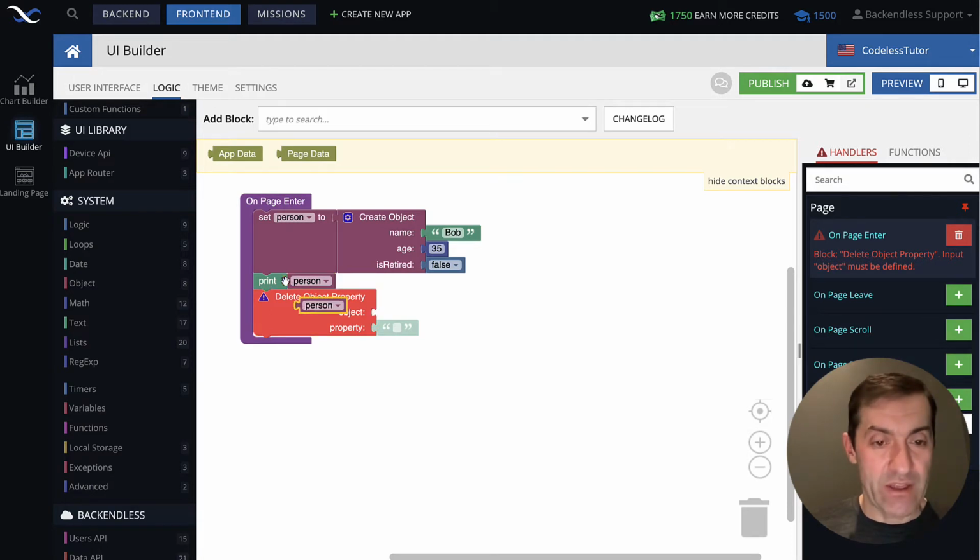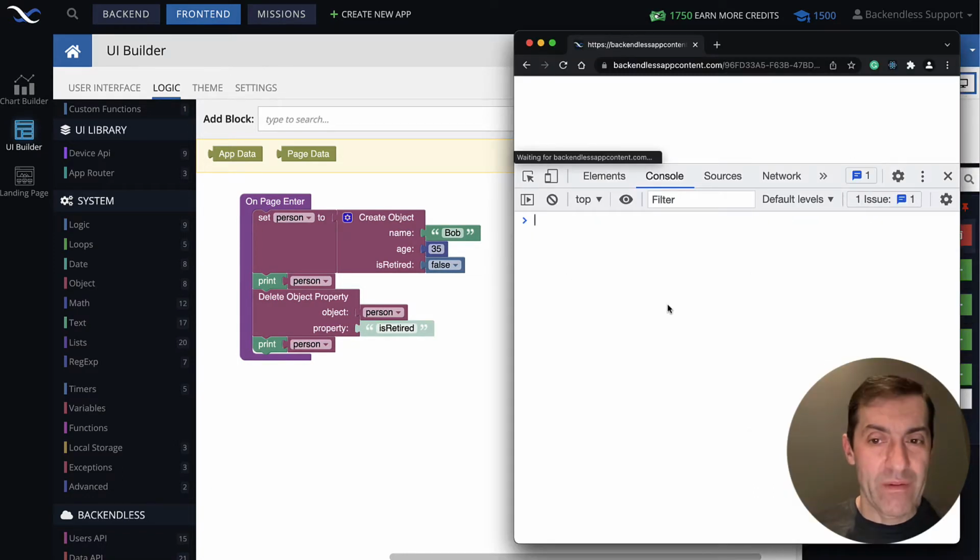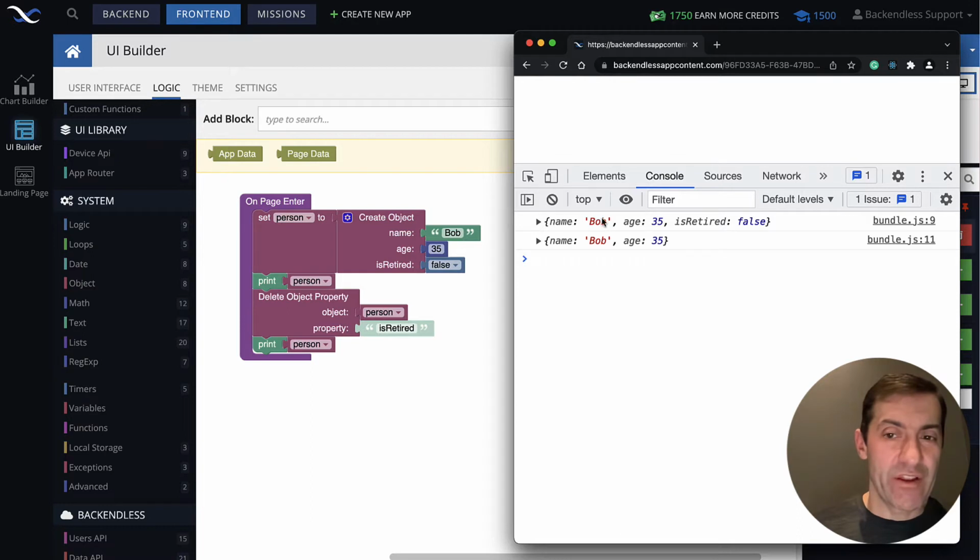So let's take this person object and then identify the property to be deleted, is retired, and then print out right after that to see what that object looks like. So as you can see here, there are two lines, one with the is retired property, the other one without.